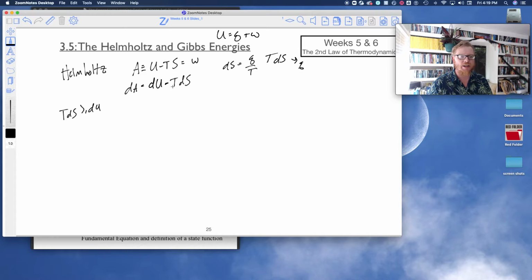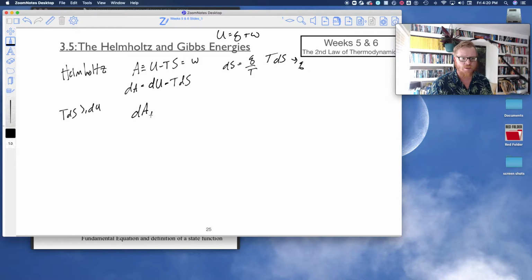So now considering that dA equals dU minus TdS, and TdS has to be greater than or equal to dU, okay, then what we know for this process to be spontaneous, dS has to be positive, dU has to be negative. Or excuse me, if I start thinking of now,